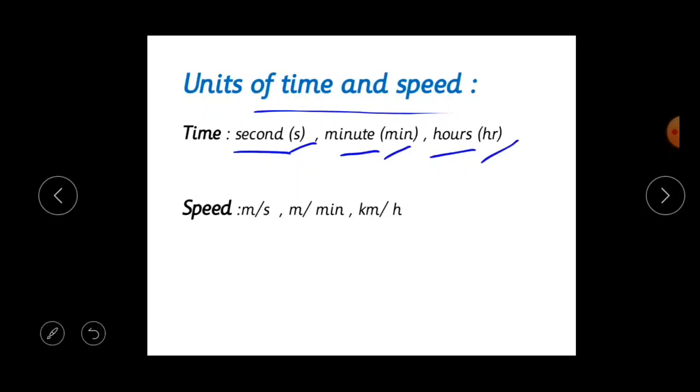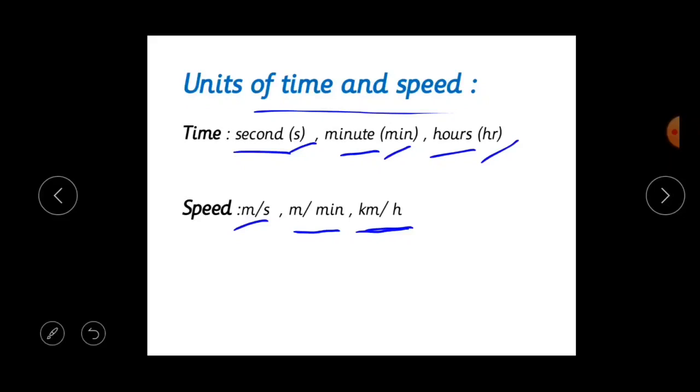In the same way, speed also has its units, such as meter per second, which is read as meter per second, M/S. Then meter per minute. Then kilometer per hour. Children, you have to remember that the symbols of all units are written in